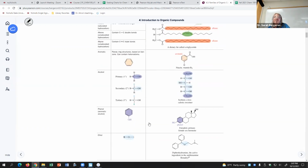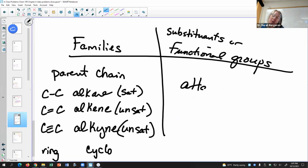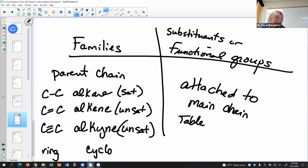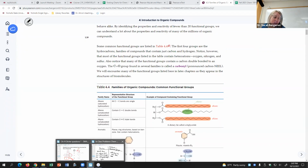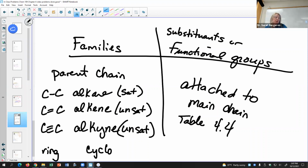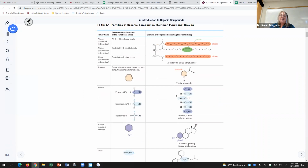So all of these are different kinds of functional groups, different things that can be attached to the main chain. So if you want to put in a definition, this is attached to the main chain. And this is table 4.4. If you go to table 4.4, what you're going to see are all these different things that can be attached. Here at the top are some family names,